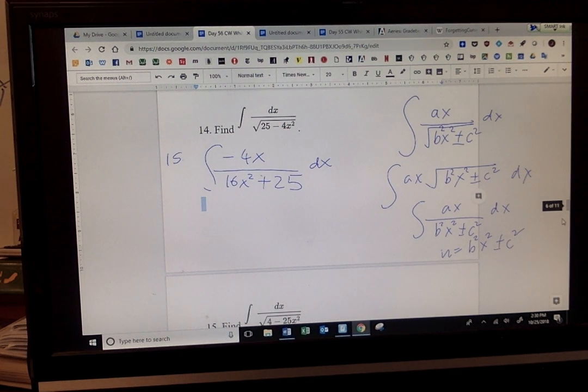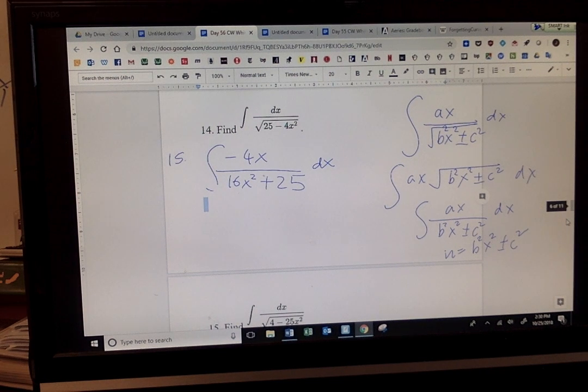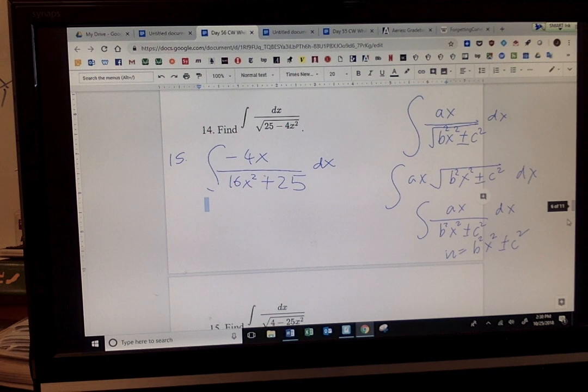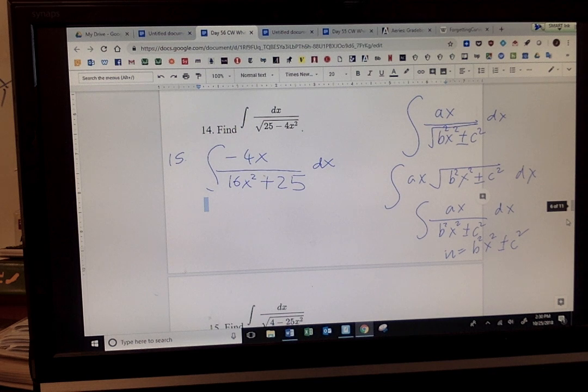Why not? There's an x on top. Do you understand that? The tan inverse has a constant on top, and you have x squared plus some constant squared on the bottom. Is everybody okay there? This is it. But watch. Is that very seductive? You're tempted to say tan inverse, right? But you have an x on top, so watch out.